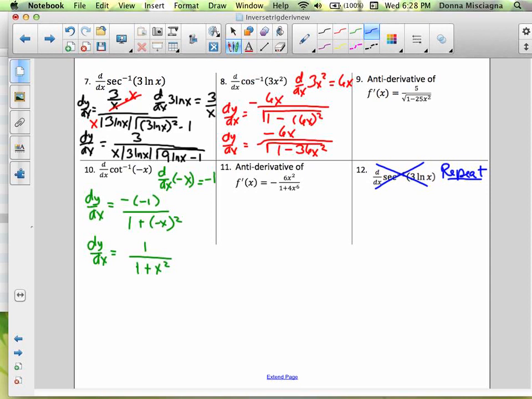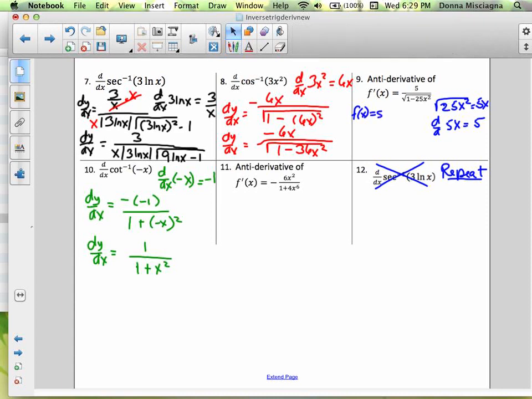All right, so here we have 25x squared. If we take the square root of 25x squared, that would equal 5x. And what if we took the derivative of 5x? Well, we would get 5. Notice we have 5 in the numerator, the derivative of 5x. Notice we have 25x squared in the denominator, 5x squared. Guess whose derivative that is? That is